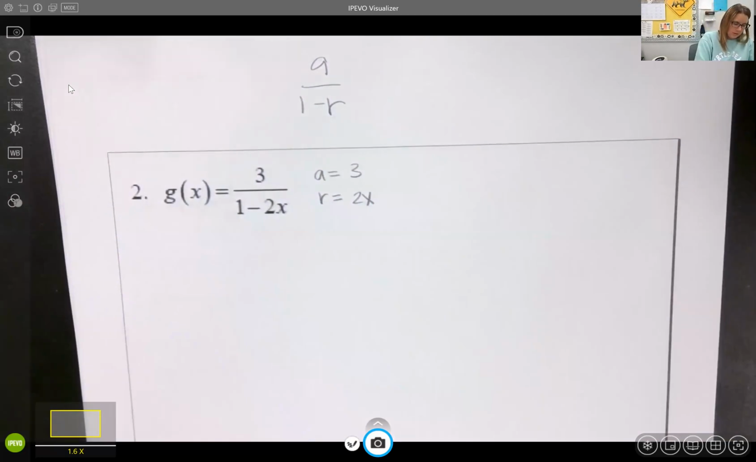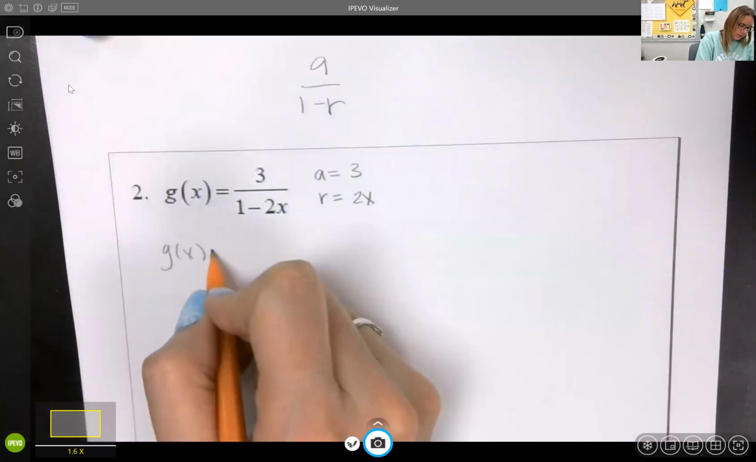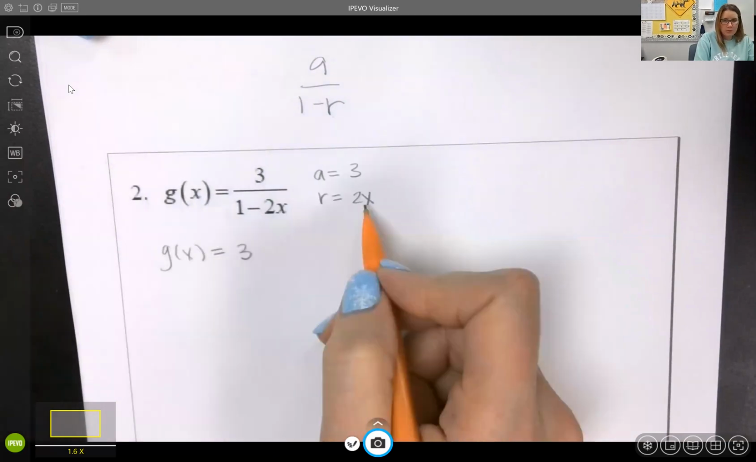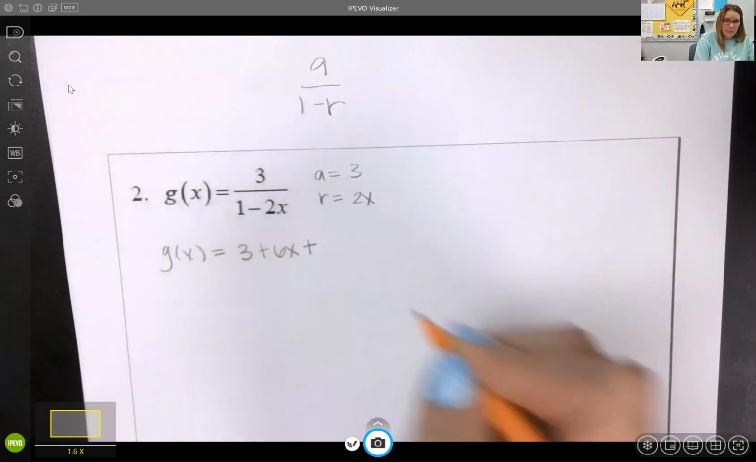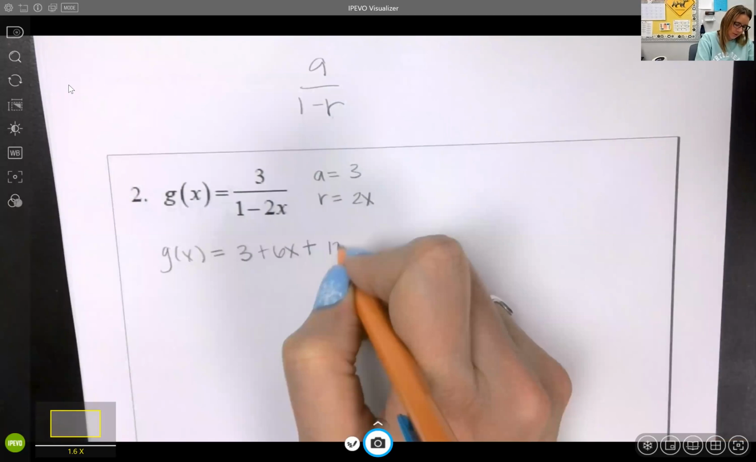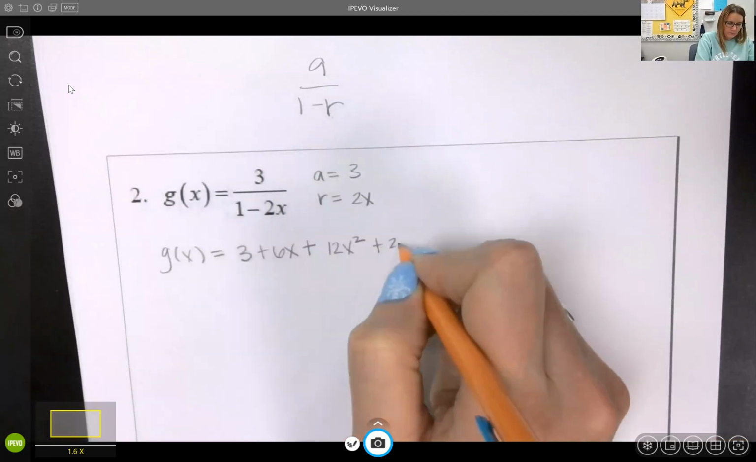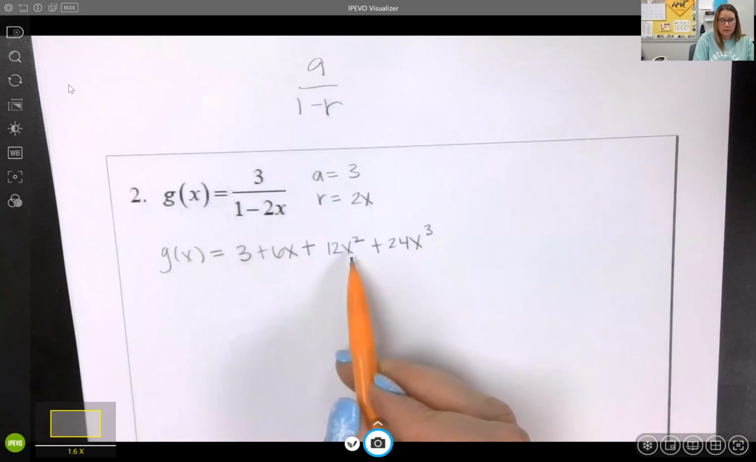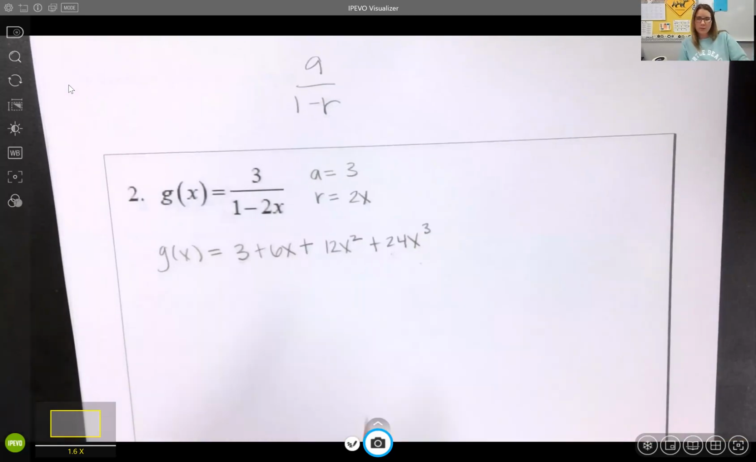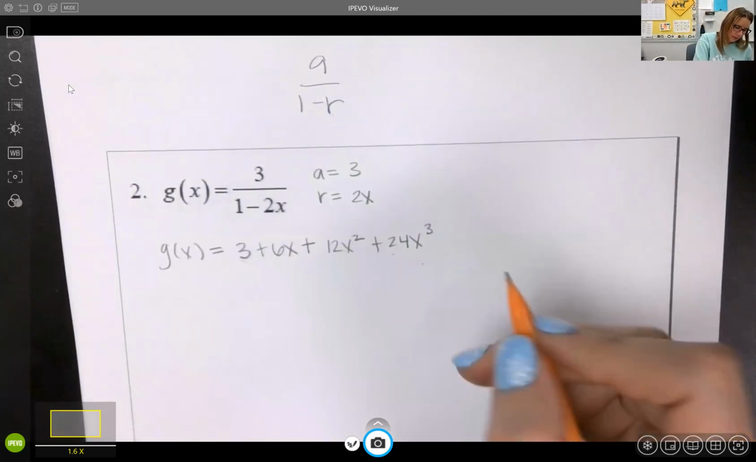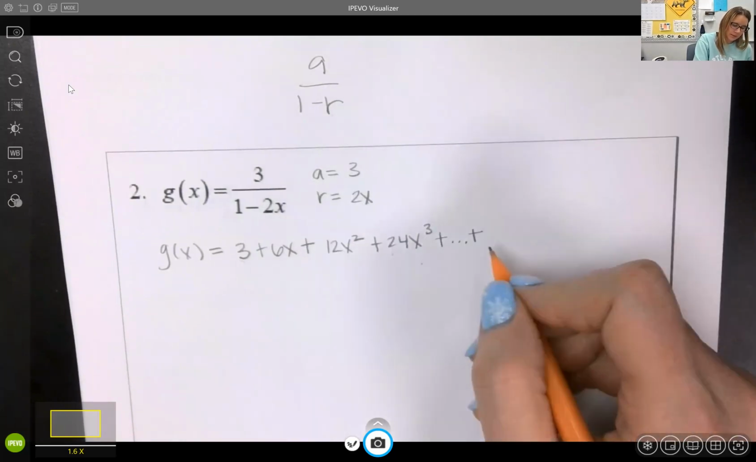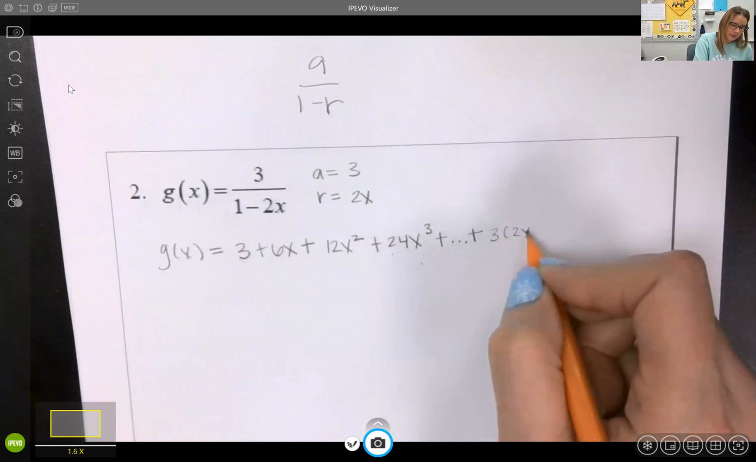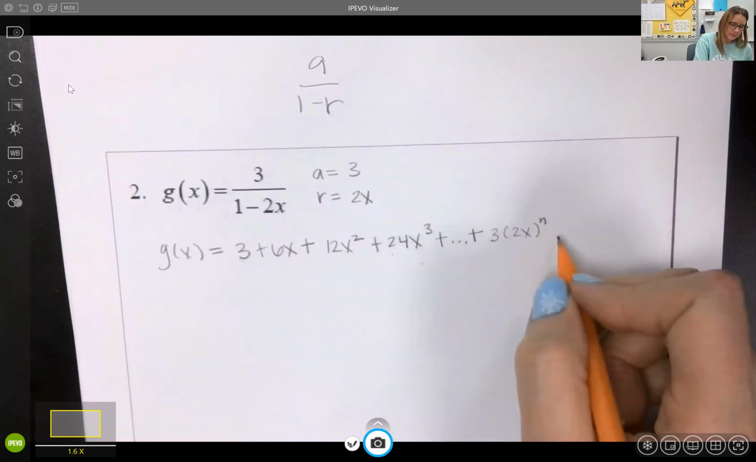Okay, so G of x will equal, I start with a 3, and then I multiply by 2x, and we get 6x. And then we multiply by 2x again, and we get 12x squared, and it wants 4 terms. So I'm going to write 1, 2, 3, 4. Okay, so I have 4 terms. And typically when it asks for 4 terms, it's 4 non-zero terms. Plus, and then our general term is 3 times 2x to the n plus,